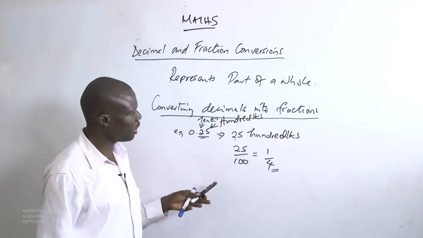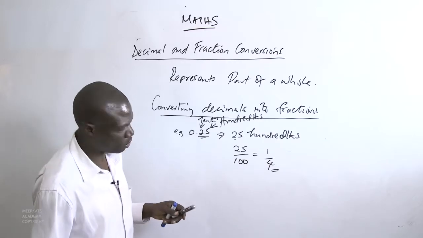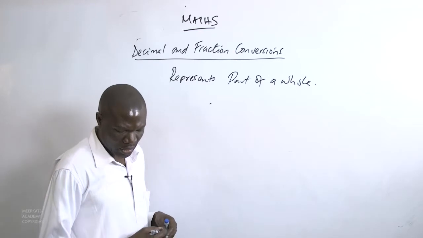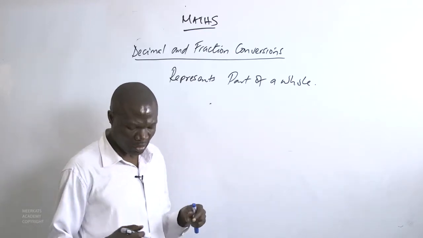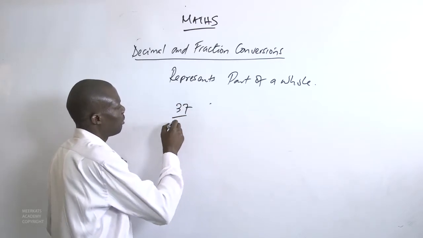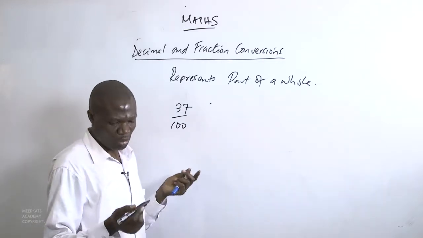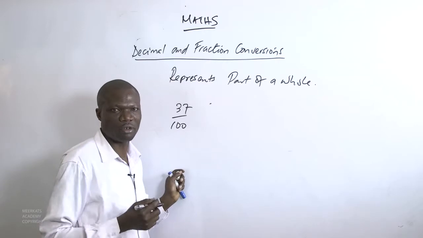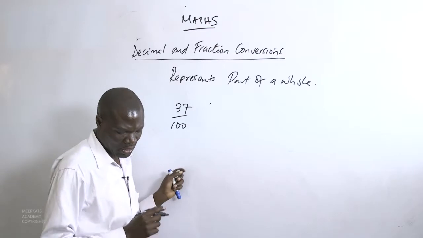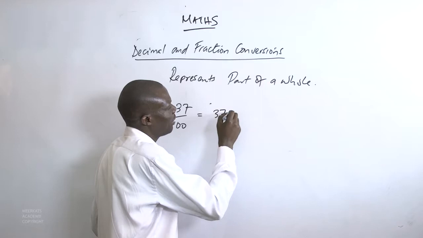How about when we are to convert it the other way around? Maybe we want to convert fractions into decimals. For fractions into decimals, it will only be easier when the denominator is a power of 10. For example, if we have 37 over 100 and we are asked to convert this into decimals, it will be easier because the denominator here is a power of 10. So we look at it and see, how do we represent this? You realize that this is equivalent to saying 37